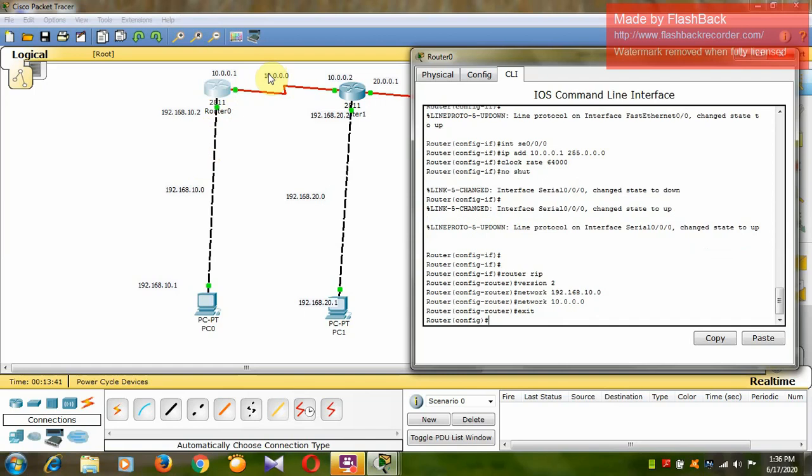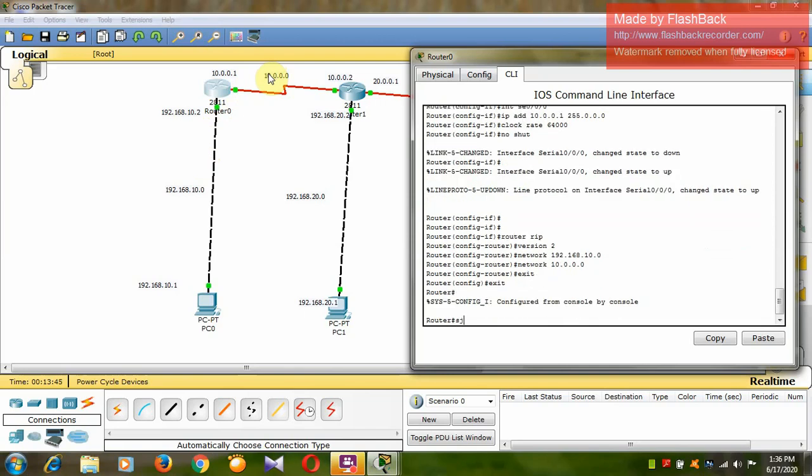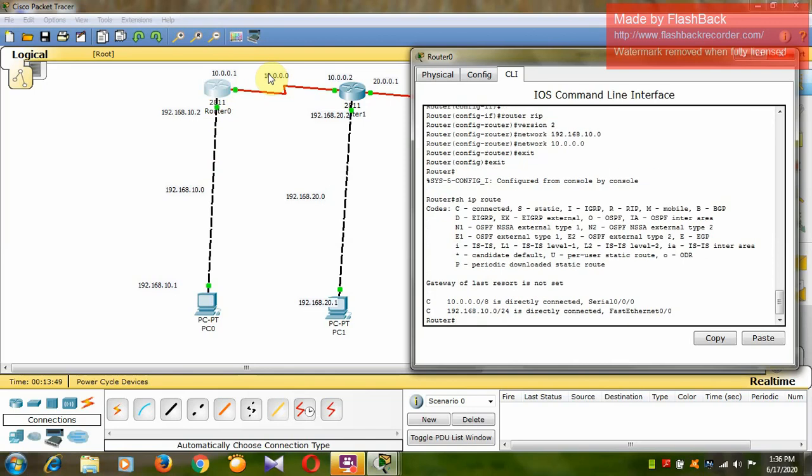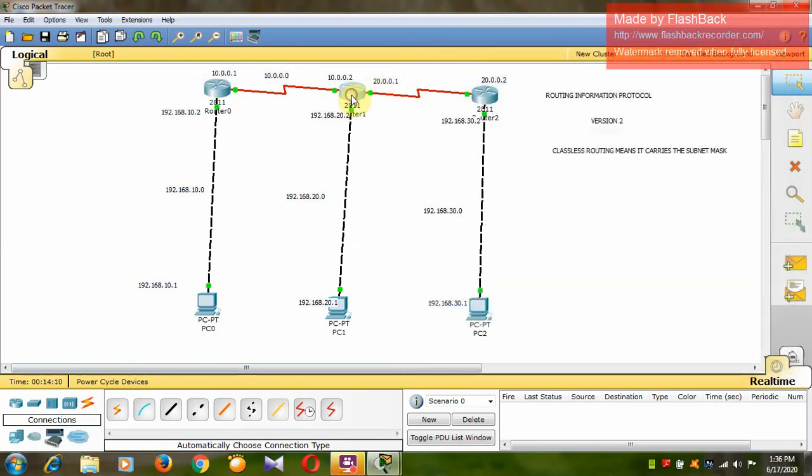Only the directly connected networks you have to write. Now if you check the routing here, show IP route, you can see that these two networks are directly connected, that is the 10 network as well as the 192.168.10.0 network.